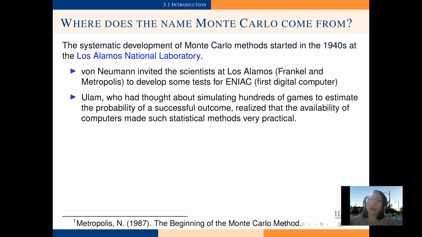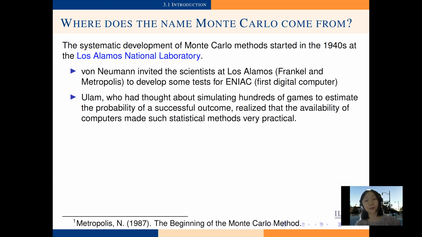And you probably did this kind of exercise in your beginning statistics or probability course, where they ask you if you draw two cards, what is the chance that you get a 4 and a 7, etc. So you can use permutations and combinations to calculate this. However, to exactly calculate the chance of winning a game, you can see there are so many possible combinations of events, and the computation is going to get extremely tedious. So he thought, maybe I can play the game hundreds of times and then use this to estimate the chance